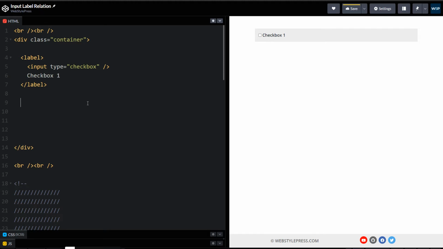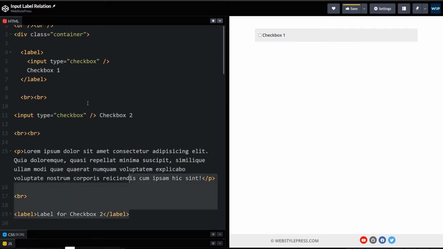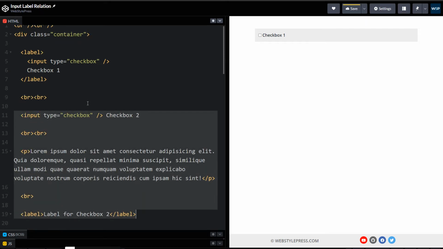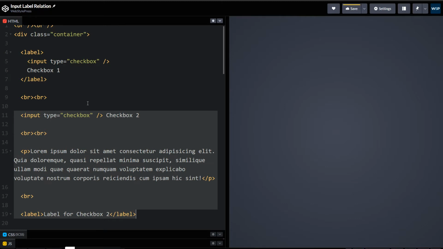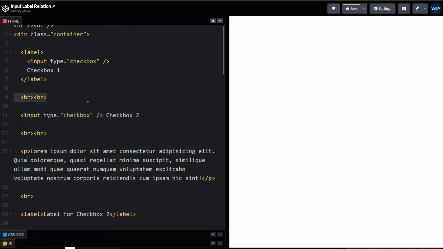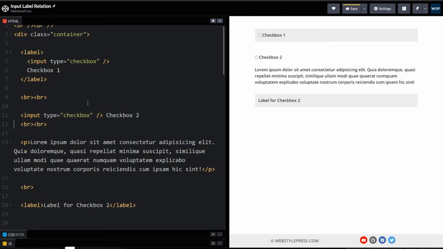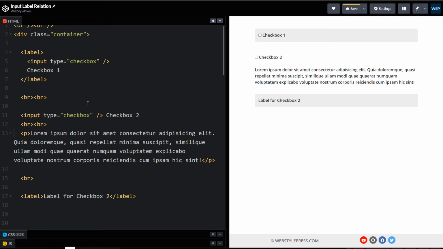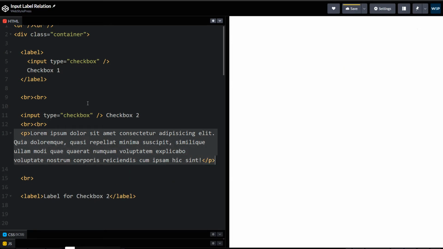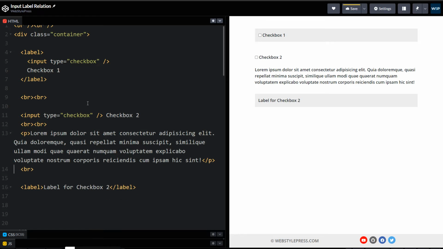And then we have a second case where we have got this HTML. We have got input and then the text, then we have got some break and we have got a paragraph. After paragraph we have label at the end.